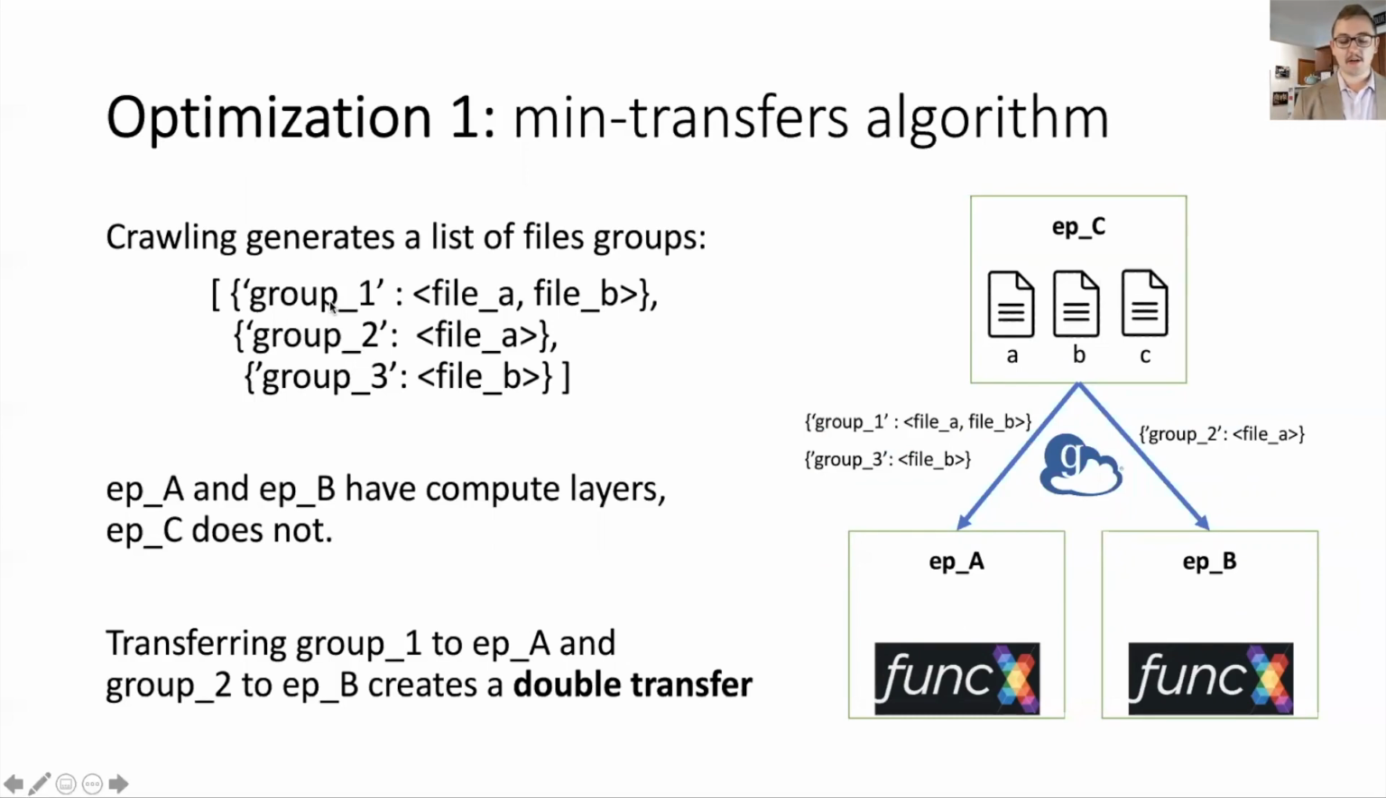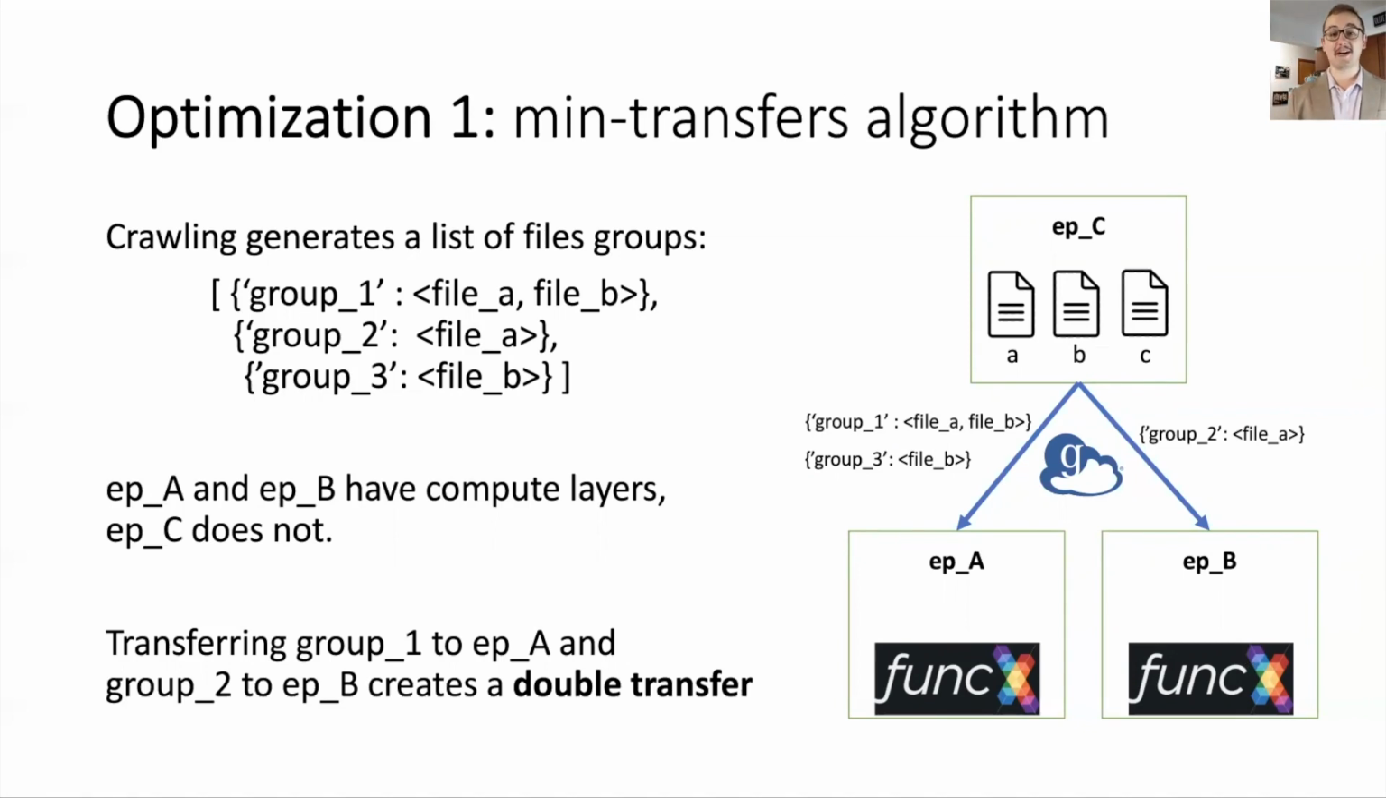So let's say you crawl and you identify 3 groups, group 1, 2, and 3, such that group 1 contains all of the files. All the files should be clustered together. Group 2 contains one of the files. Group 3 contains another one of the files. And let's say all of these are stored on endpoint C and have to be shipped out because there's no actual compute layer. It might be like a small machine attached to a scientific instrument that's only for staging. And so in this case, if we move group 1 and 3 to endpoint A and group 2 to endpoint B, then